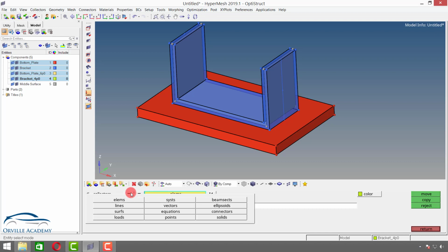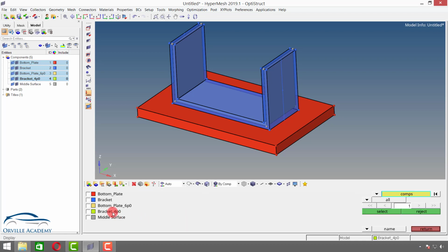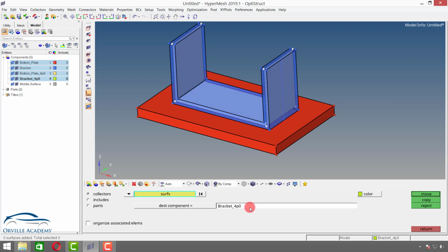Here I want to shift the surfaces, so I will switch to surface. From the selection filter, I will go by collector, click on bracket 4.0, click on middle surface. In order to unselect the bracket 4.0, you can press right click and then select it. And here I want to transfer that component to bracket, so I will set destination component to bracket and then say move.